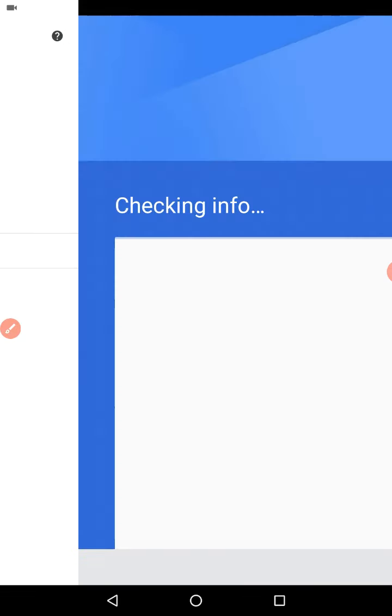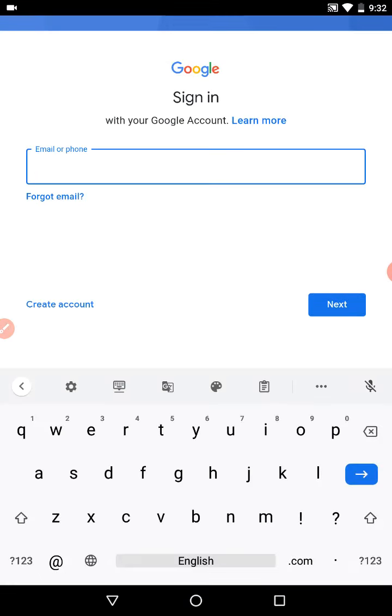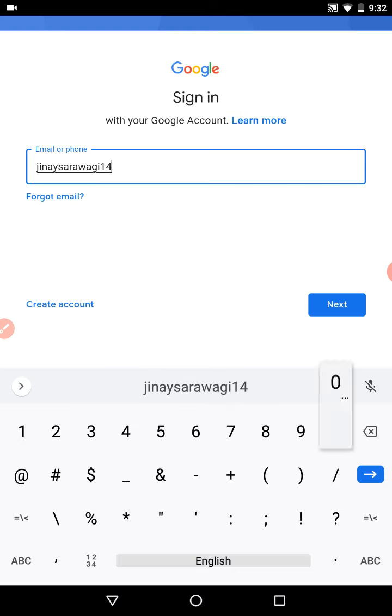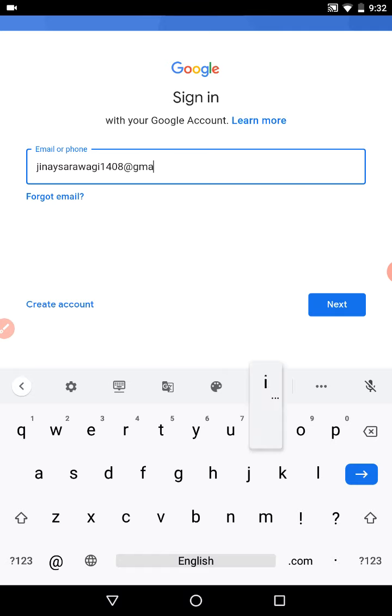And then click on add account, and then you can add your account here. Whatever your email was, I'll add one email. So this is a Gmail account.